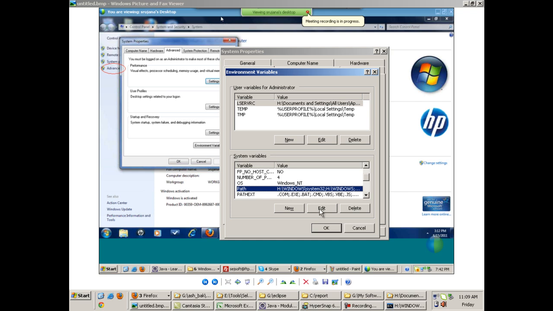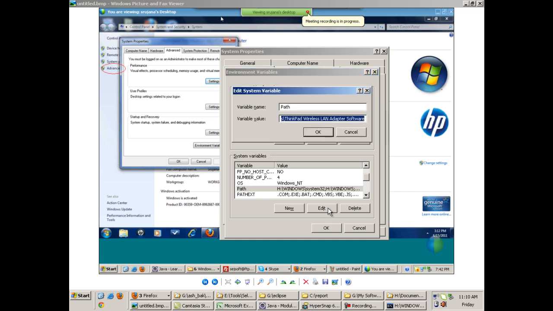Click on edit. Don't delete it by mistake. Click on the edit button and don't change anything in this variable value. Go to the end of this variable value. Be very careful. Go to the end, put a semicolon and paste the path which you copied out here as